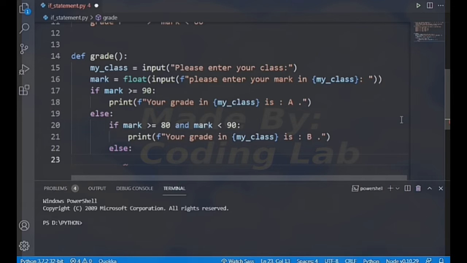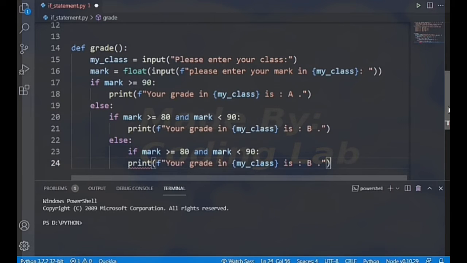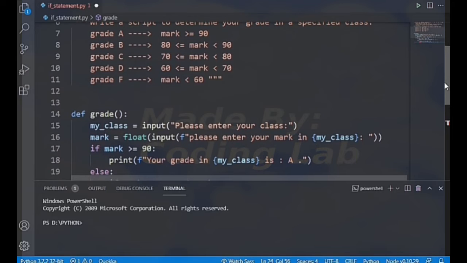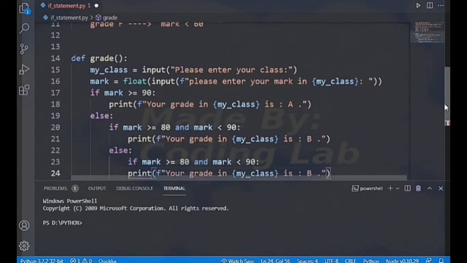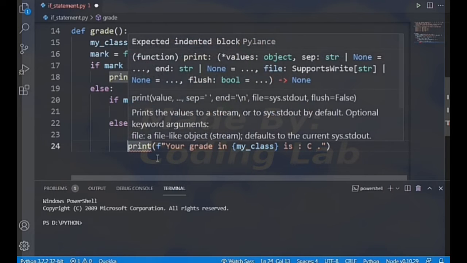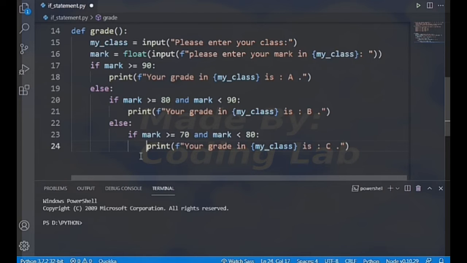And we will ask ourselves again, if mark is greater than or equal to 70 and less than 80, we will print the grade will be C. Here should be indented. Okay,